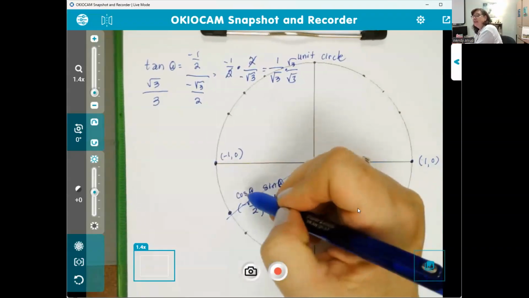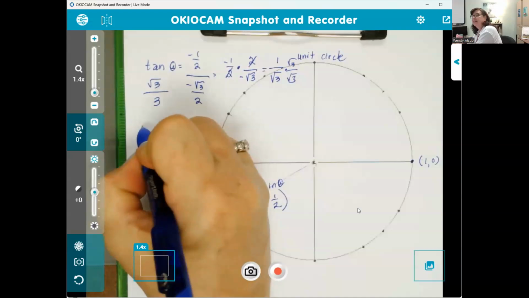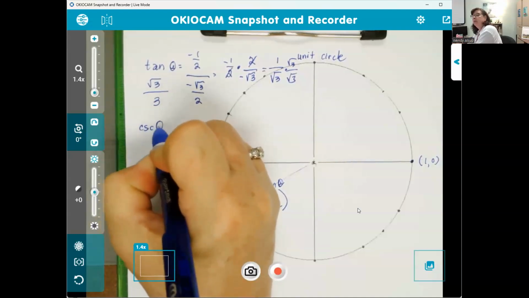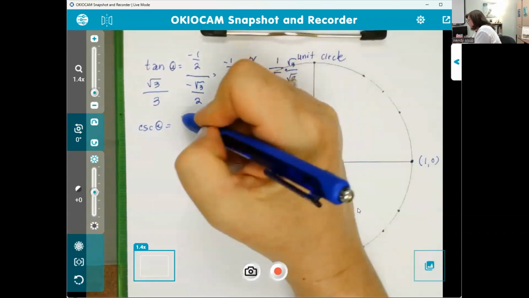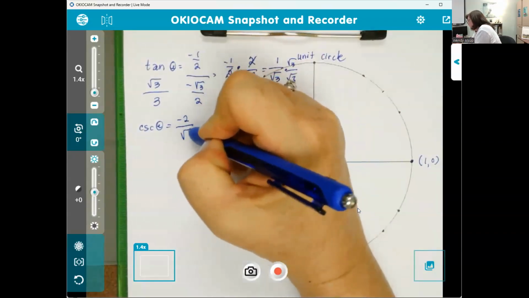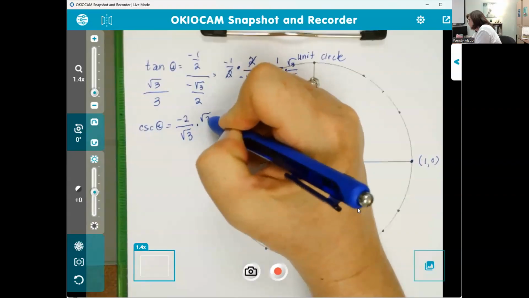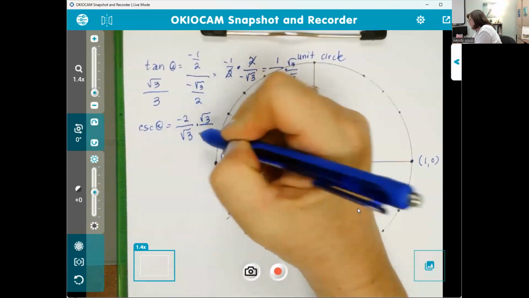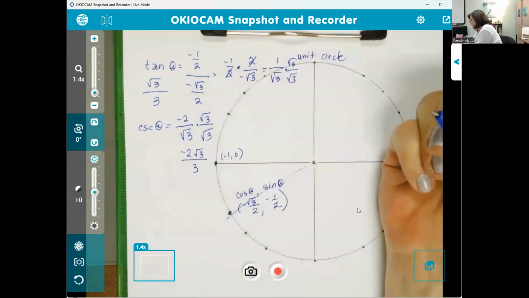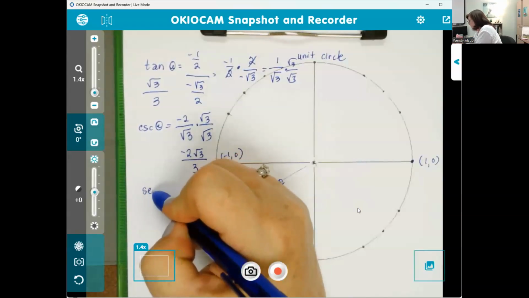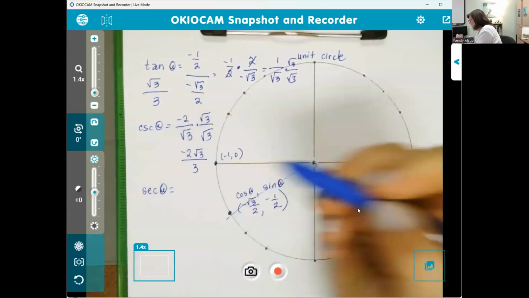All right, now the cosecant of theta will be the reciprocal of the cosine. So negative 2 over root 3, but we need to rationalize. So it's going to be negative 2 root 3 over 3. The secant will be the reciprocal of the,